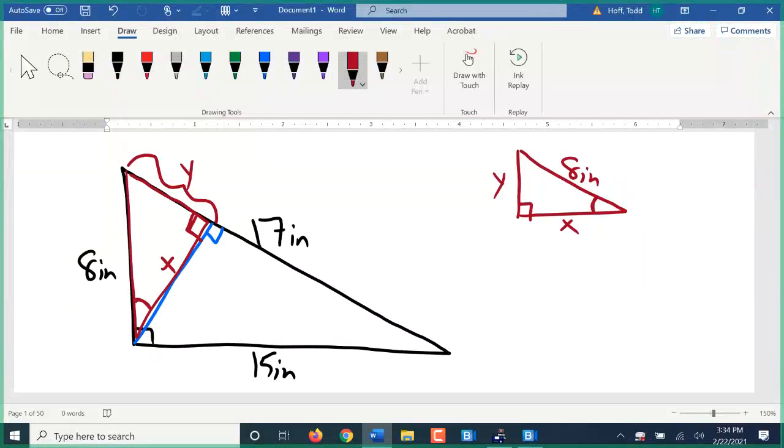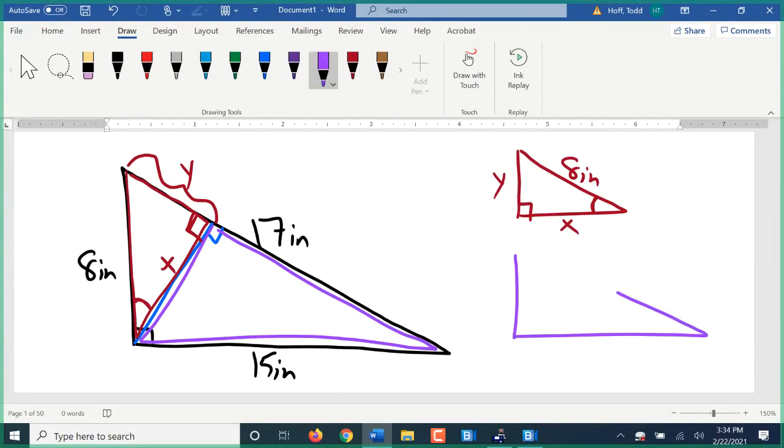That angle there. Now I'm going to draw in the purple triangle here, the bigger one of the two little pieces. Draw it like that. Of course, the only side we know of that is the hypotenuse, which is across from the right angle, so that hypotenuse would be down there. X is one of those sides, the short leg in this case. I'm going to call this piece here